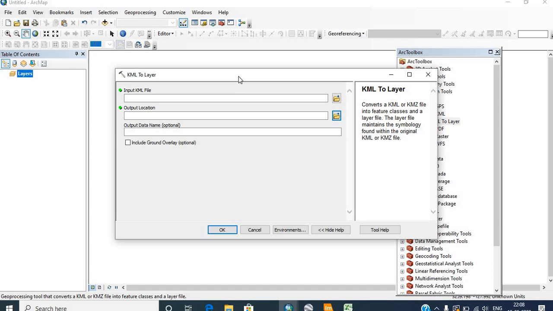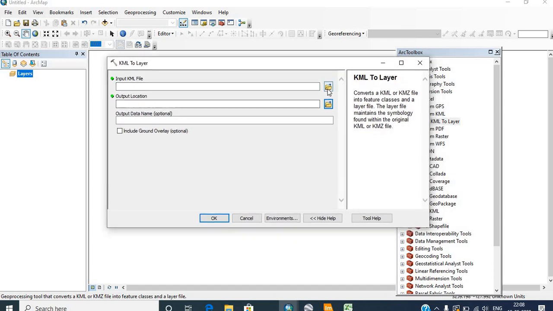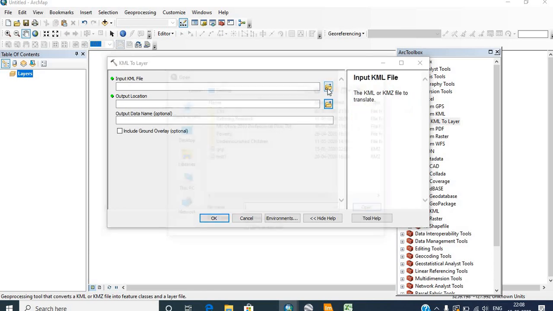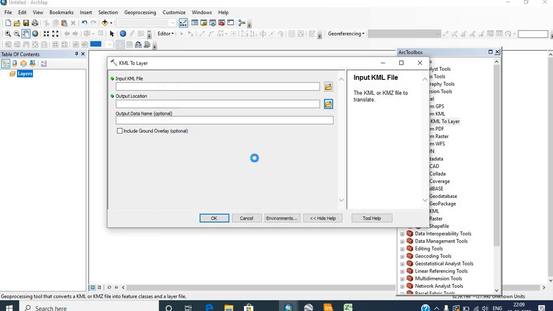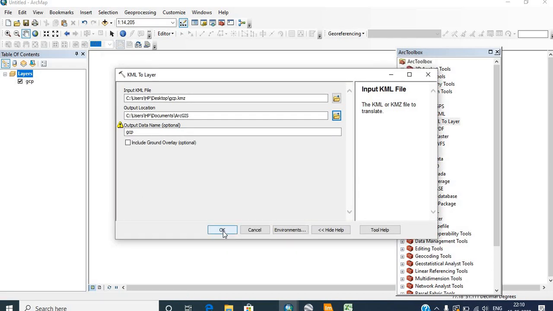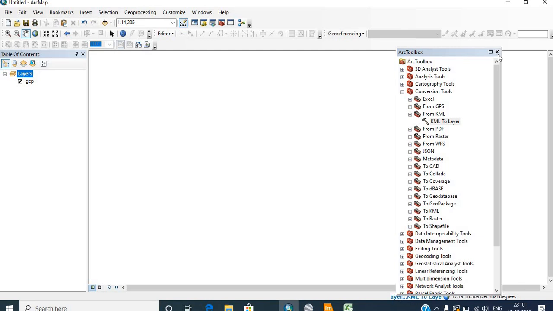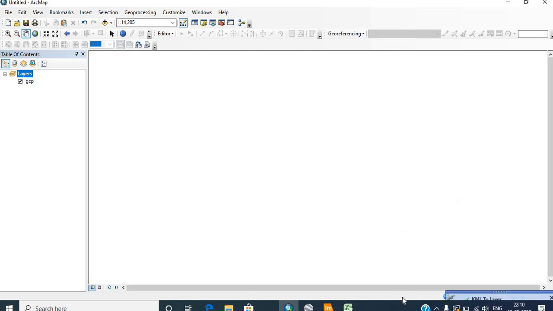In this dialog box KML to Layer, we have to input that GCP points KMZ file. Click on Open. Click OK, and here you will see that the process is taking place.